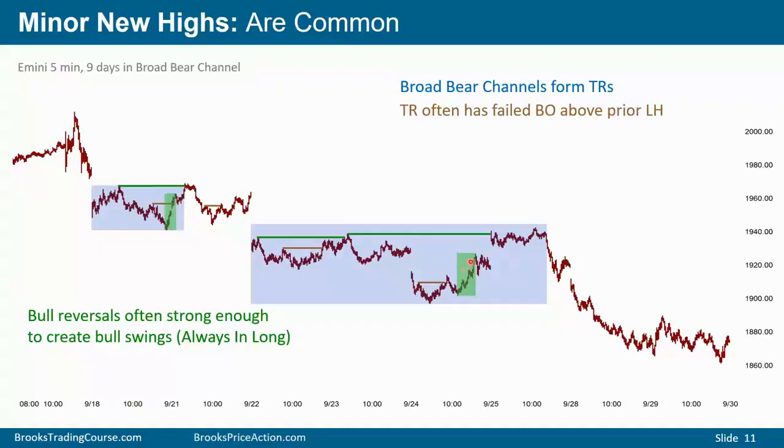Strong reversal up, strong reversal up. If you're day trading the 5-minute chart, the market's always in long for these several hours, and it's reasonable to be long. If you're day trading, you're only looking at this day, and you have a higher low major trend reversal and a strong reversal up. So you're going to be buying for a swing through here. Whenever the market's in a trading range or in a broad channel, second leg traps are common, where the market rallies and has a second leg up, and it looks like it's breaking out into a bull trend, but the second leg fails and the bear trend resumes.